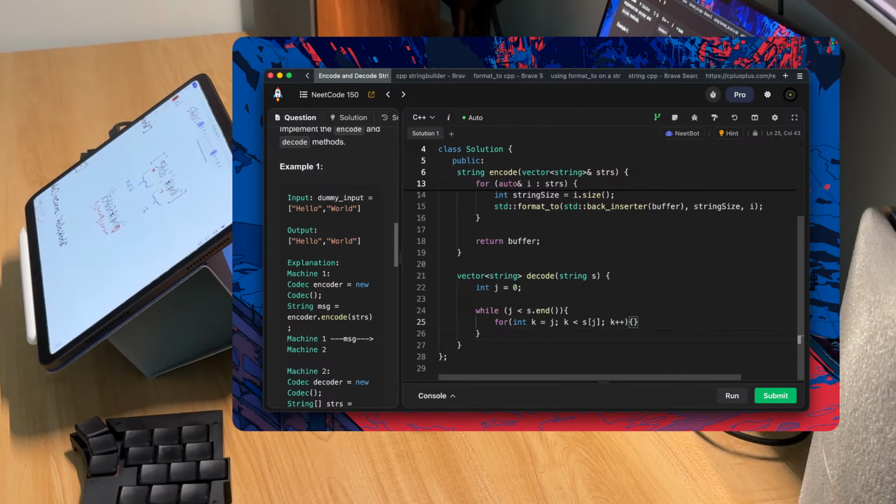We could essentially, since we know that the beginning of string s contains an integer, and that integer tells us how long the following string will be, what we can do is grab that size, crop the letters from, say, j plus 1 up till the actual value of j,